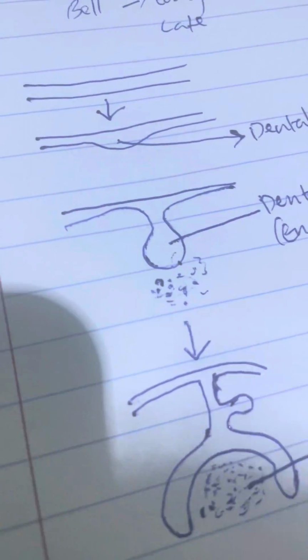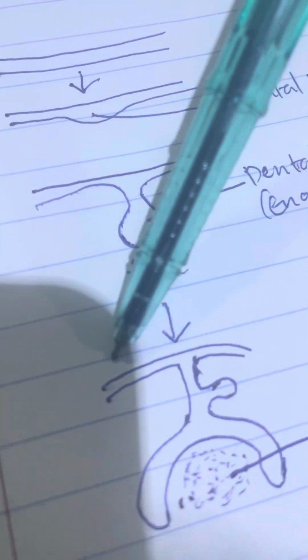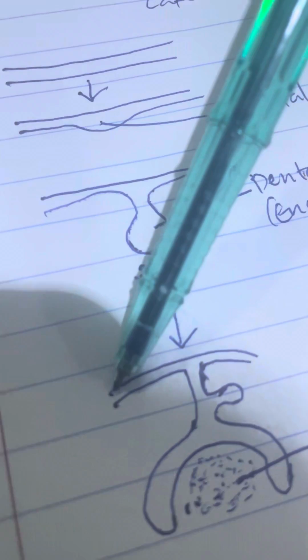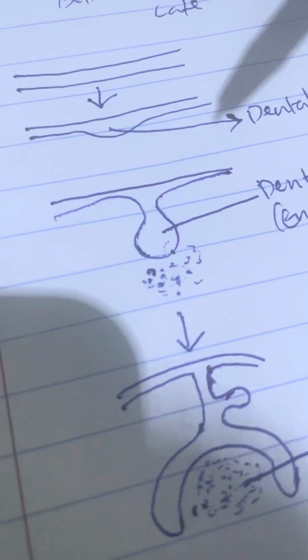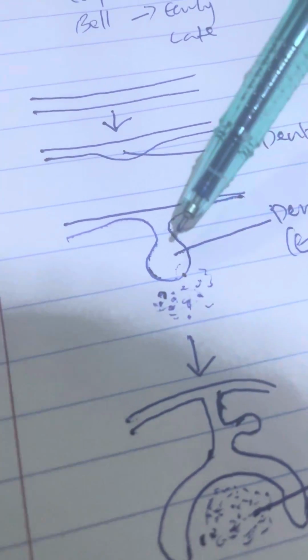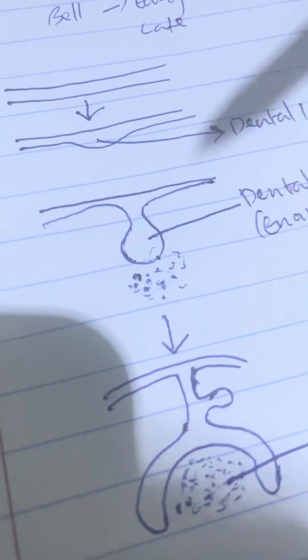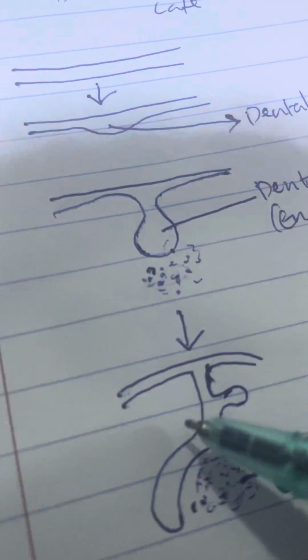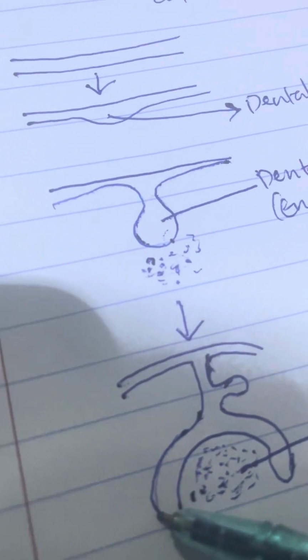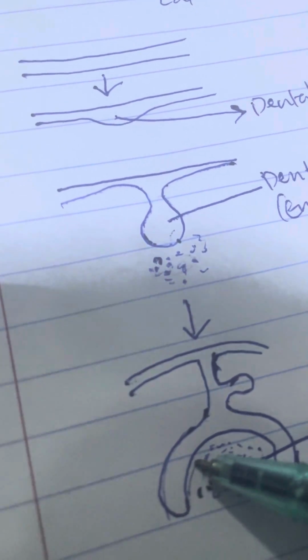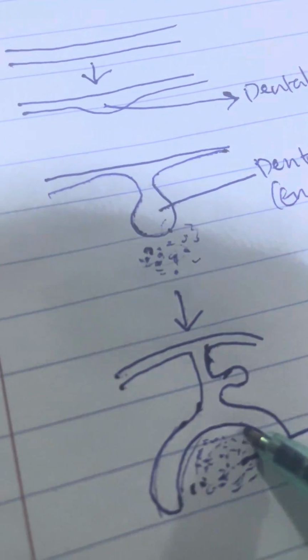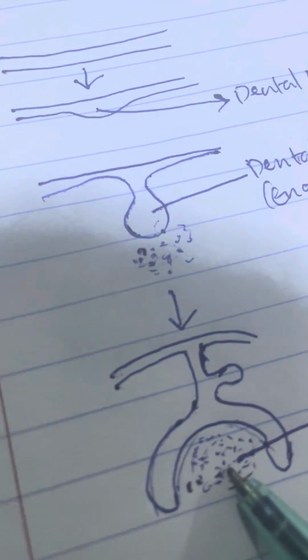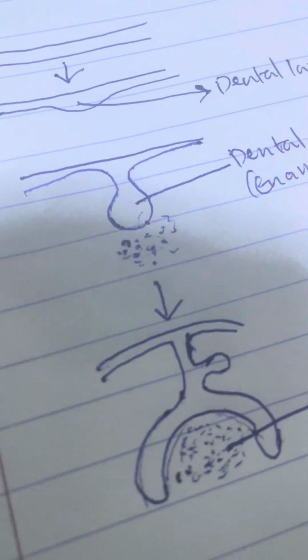Then this is oral epithelium or dental epithelium, basically this structure that developed into a dental lamina and an outgrowth to form a bud known as the enamel organ. Then we can refer to this part as the outer layer and this part as the inner layer. So the part surrounding the dental papilla, that is the mesenchyme that became the dental papilla,